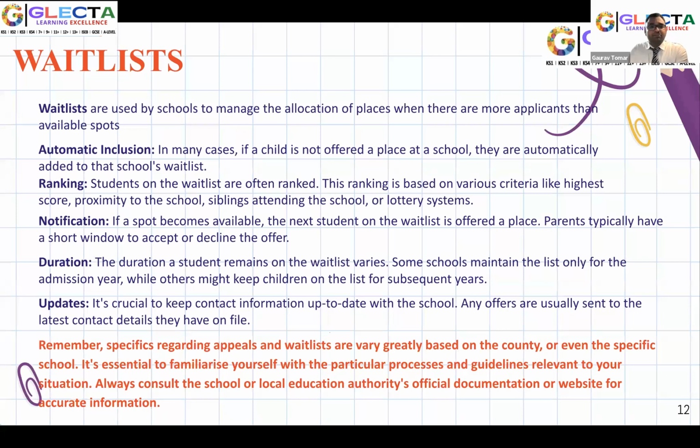So this is a waiting list, which most of the parents have heard about. So what is actually a wait list? A wait list is a list which is managed and maintained by the schools for the applicants who didn't get the seats, but they have scored enough to be considered by the school. So for example, if there are, let's say, 100 seats in school X, and school X is expecting that from the top 100 scores of the students, maybe 20 might drop. So what they will do,